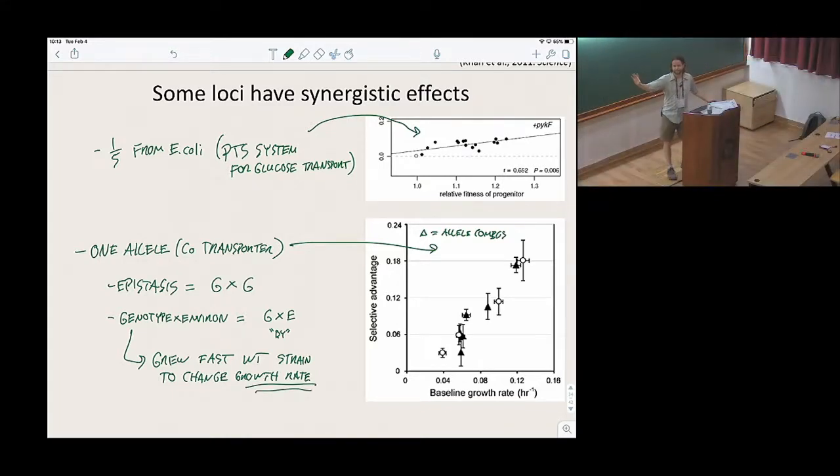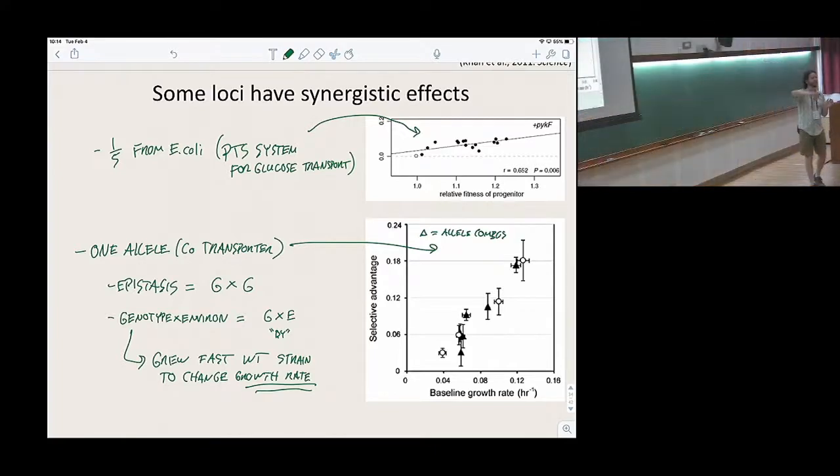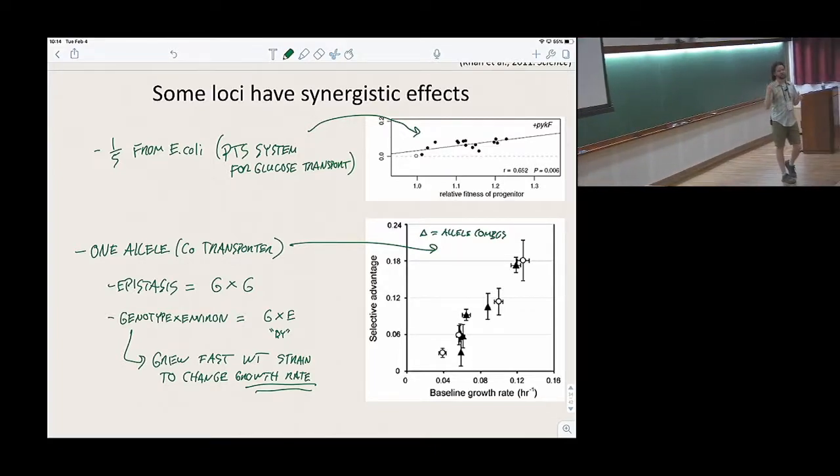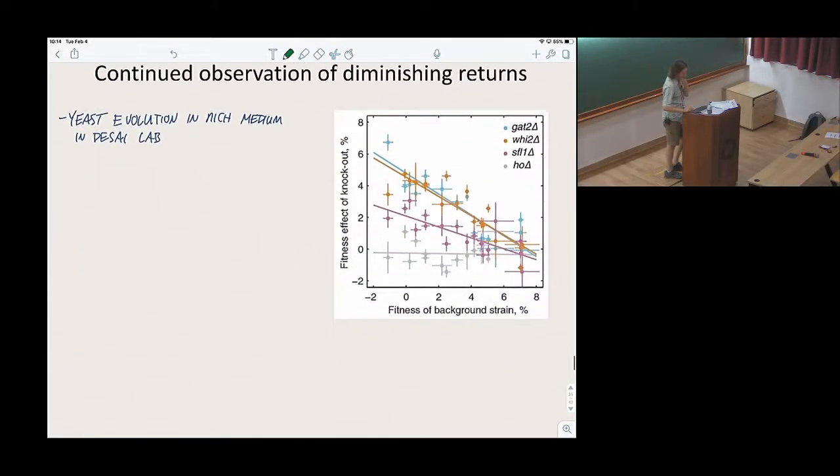Does that make sense? So I know I just told you one thing. Things tend to be diminishing returns, but I want to make sure that that's a typical sort of interaction. You can have flatliners that are absolutely proportional effect across everything, and you can have upslopers where it actually is synergistic between something generic like growth rate and fitness. All these things are possible, but the diminishing returns have certainly been the most common. This has been seen